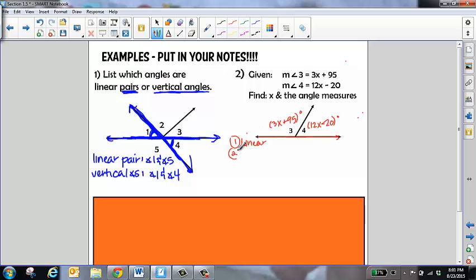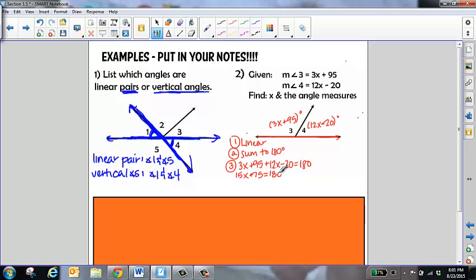So since it's linear, ask yourself, does that mean that they're going to add together to 180, or are they going to be equal to each other? Well, since they form a line and a line equals 180, that means that these guys are going to sum to 180 degrees. So then we can set up our equation by adding the two expressions together and setting it equal to 180. So that's going to give us 15x plus 75